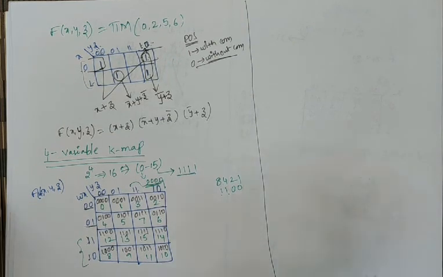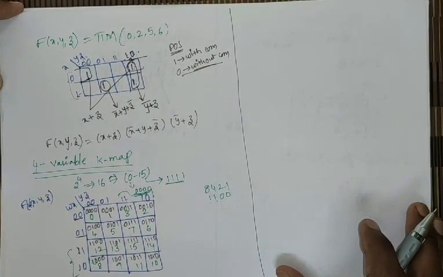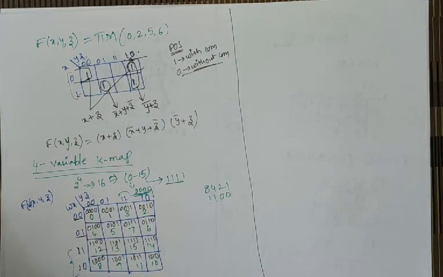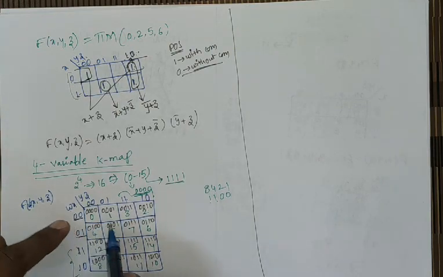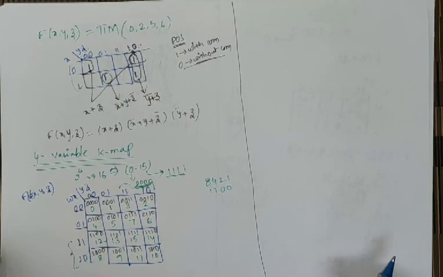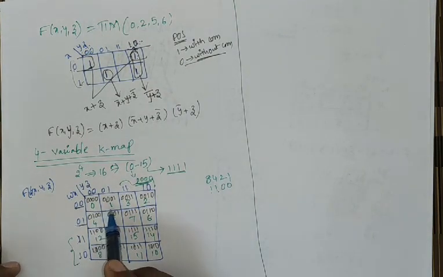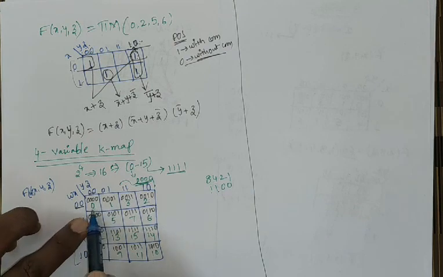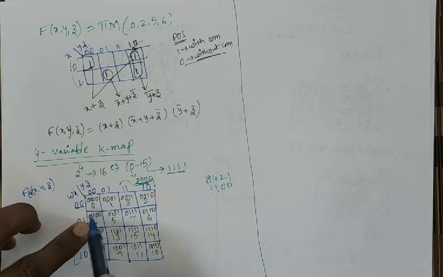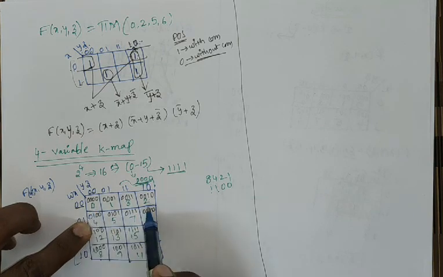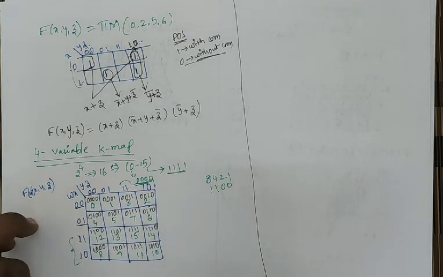Okay. Now we have to do some problems for the 4 variable K-map, either SOP or POS. Everyone understand? So these are the places of the 4 variable binary numbers 0 to 15. Like the same here also, we look at the adjacent terms. Here 0 is adjacent to 1. Next 0 is adjacent to 4. 0 is adjacent to 8. 0 is adjacent to 2. So the K-map condition is that mapping happens with only 1 bit change.